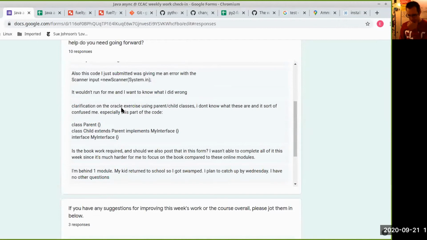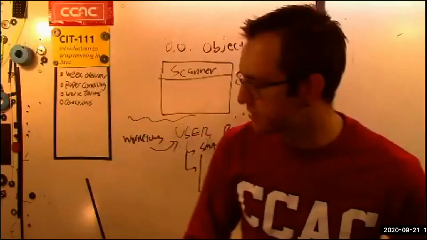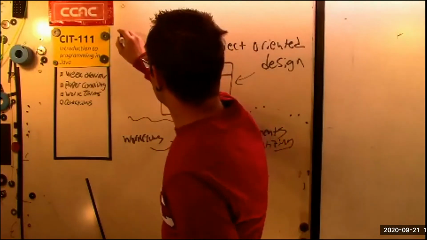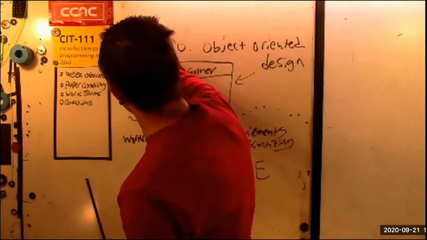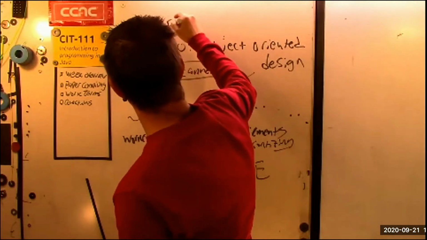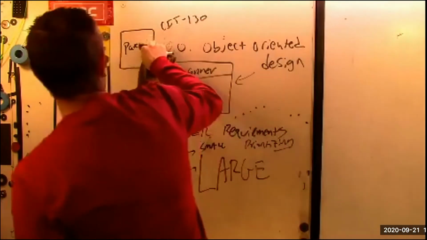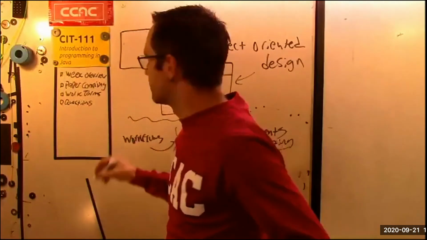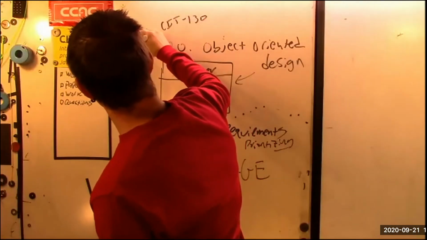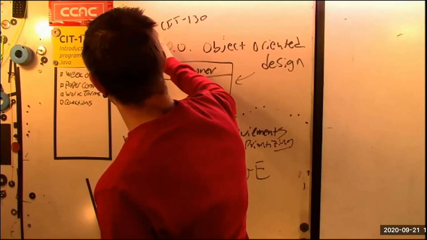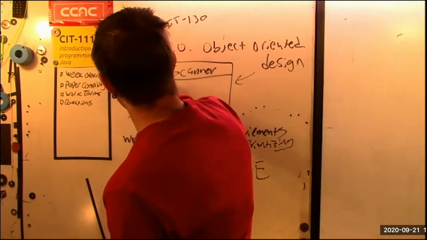And Oracle, clarification on Oracle exercises. I don't know what these are, and it sort of confused me, especially this part of code. So this part of the code is part of that object-oriented design where we want to accomplish the goal of writing code once and reusing that code as much as possible. So starting in CIT 130, we will learn that, let's say you want to design a chunk of code that represents employees that work for an organization. So you might make a class called Employee, and all employees have a name and a phone number,